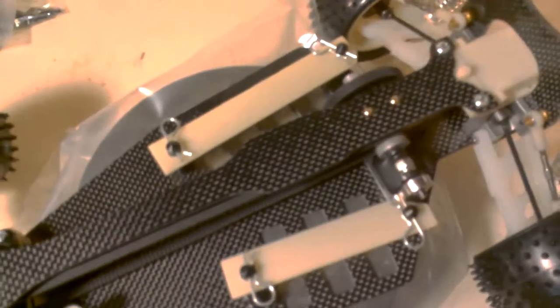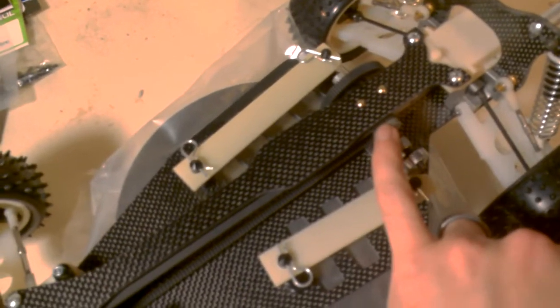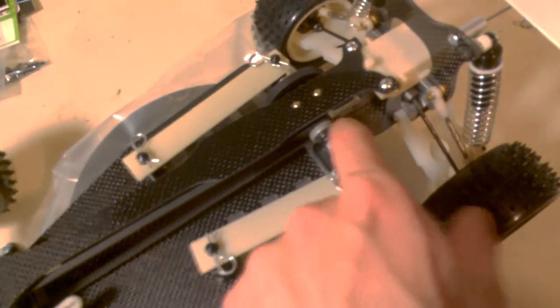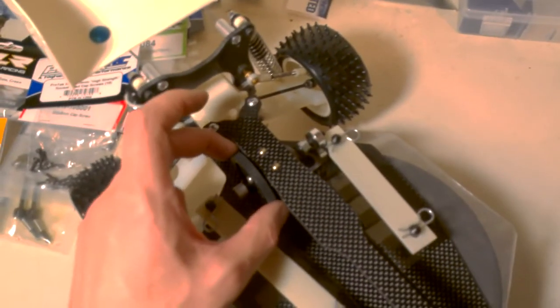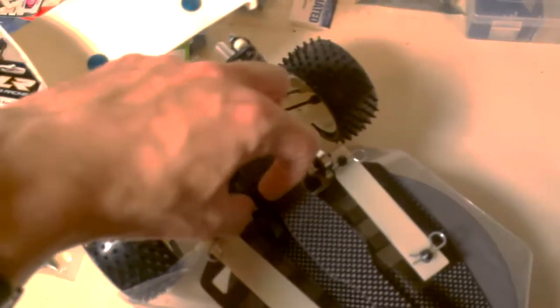And what that effectively means is that, at least without substantial modification, I had to use the stock center lace shaft. I do have some spare slipper clutch units, but those mount on a different lace shaft, which has a 3mm pulley for the 3mm pitch belts that go on all of the other YZ10s. I could probably take this 2mm center pulley here off and put it onto that lace shaft, but the problem is really with the pulley on this side here that drives the rear differential, because one of the plates that connects to the slipper clutch, I think it's a one-piece unit that's part of that pulley,